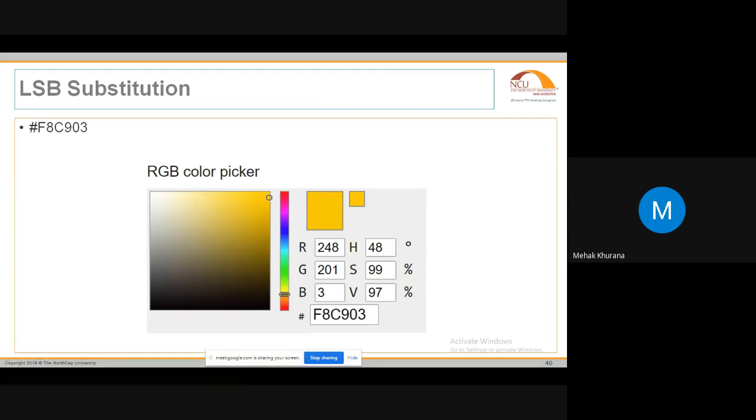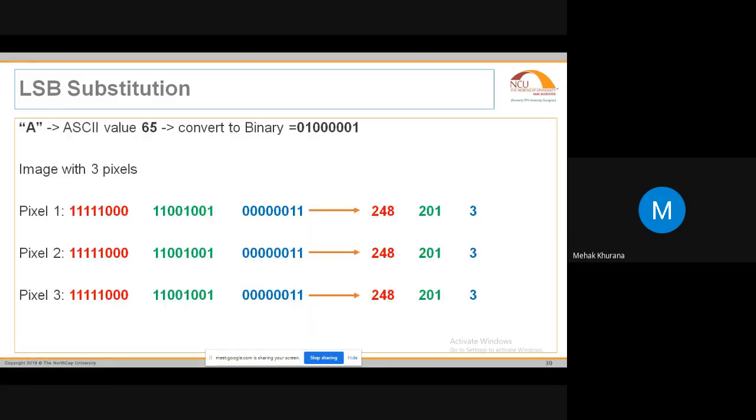So now, can you please go back to the last slide? Yes, sir. I'll just repeat this for you. So this was the image. I've selected 3 pixels from an image: pixel 1, pixel 2, and pixel 3. So pixel 1 is this value. These are the pixels that I've selected from the image, and I've converted that part into a binary value, or you can say into 8 bits. So this is for red, this is for green, and this is for blue.